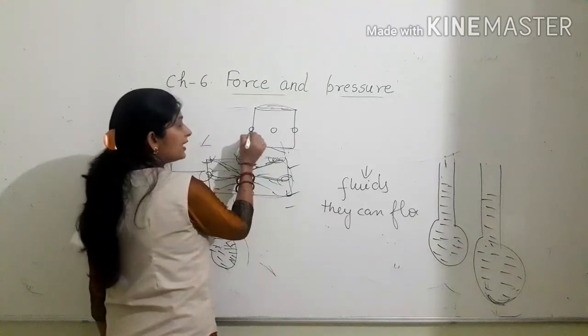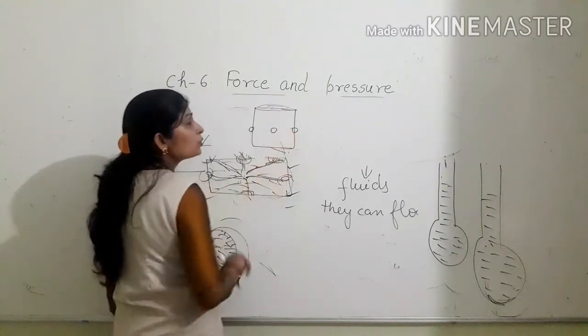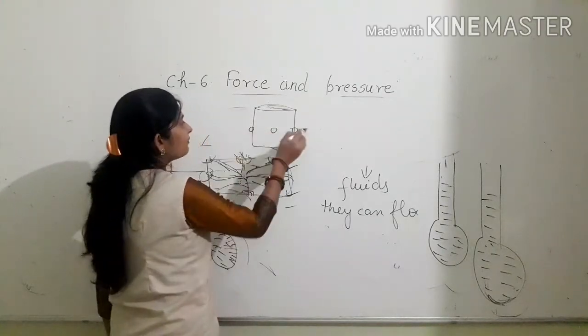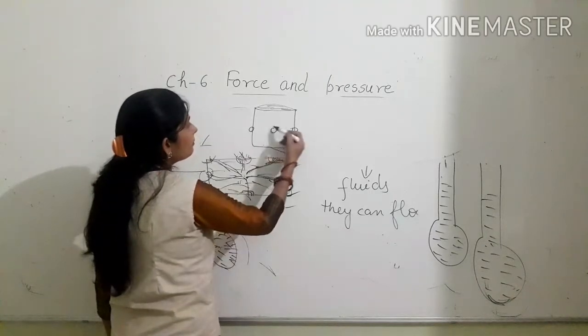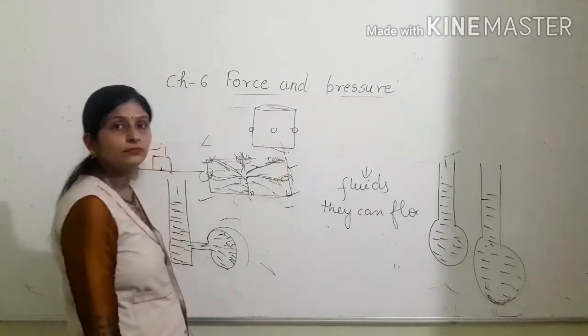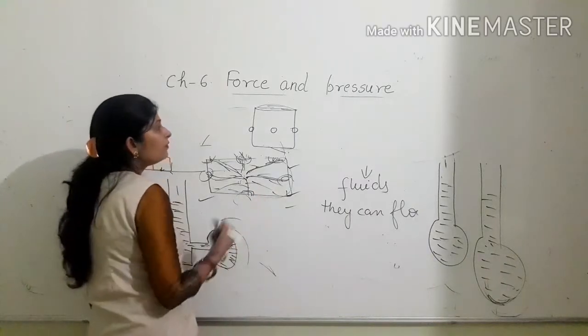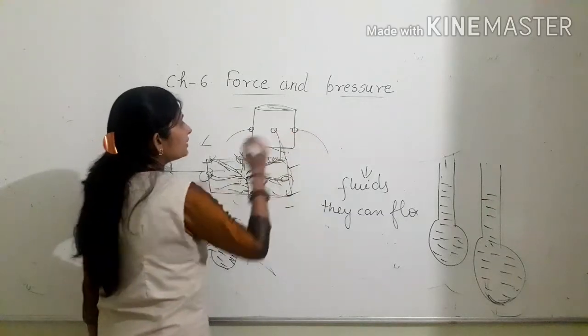This hole is in the left side, this hole is in the right side, and this hole is in the front side. So these holes are in different sides but at the same depth. Now, what will you observe? We will observe that water coming out of these holes